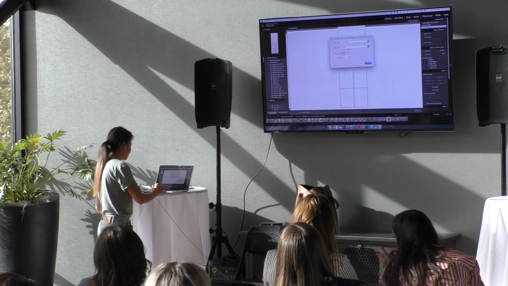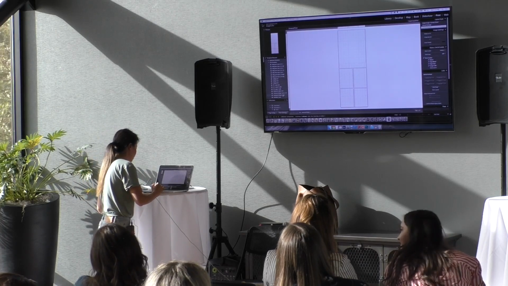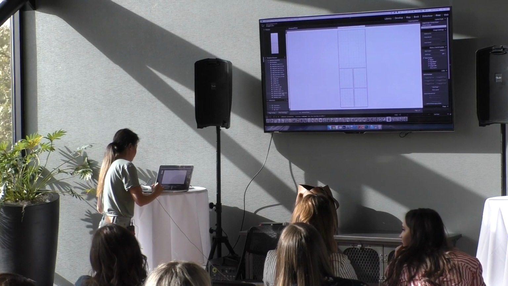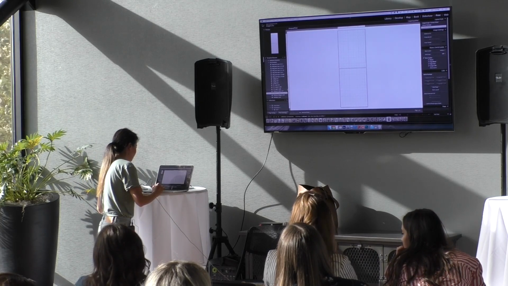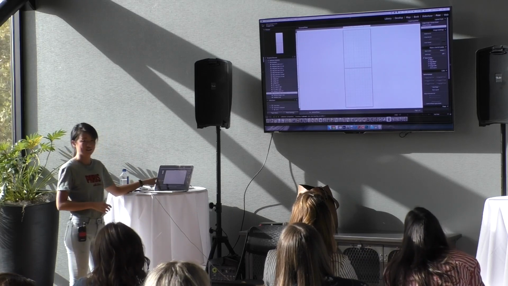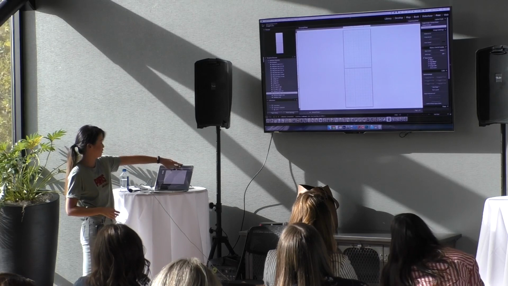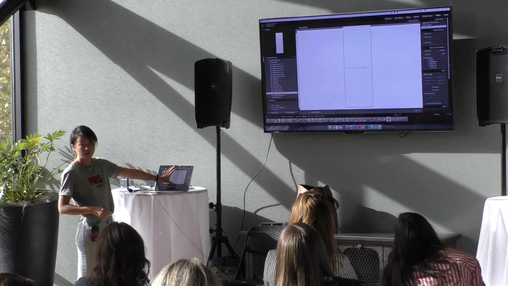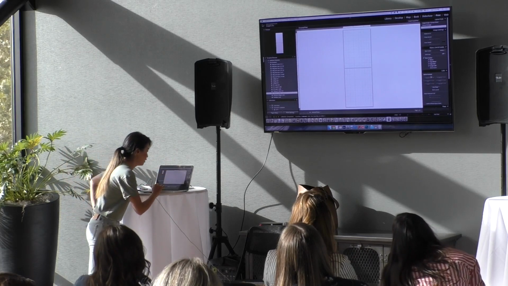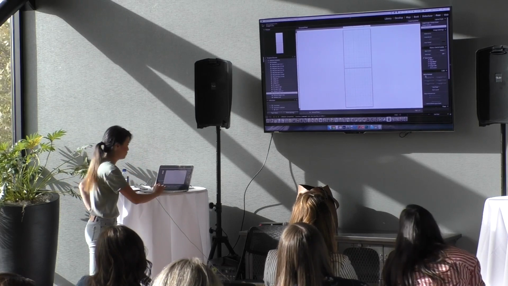So for example, this one is 2.7 inches wide and 7 inches tall. And then you can add those settings.